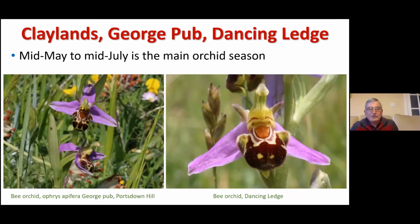We now come to the main orchid season, which is early to mid-May to early to mid-July, when a whole pile of orchids come into flower. This is one of my favorites. This is a bee orchid, and again, it's an ophrys, so it's mimicking bees. And again, you can see the kind of furry coat that it's got. It's got the two eyes again, and